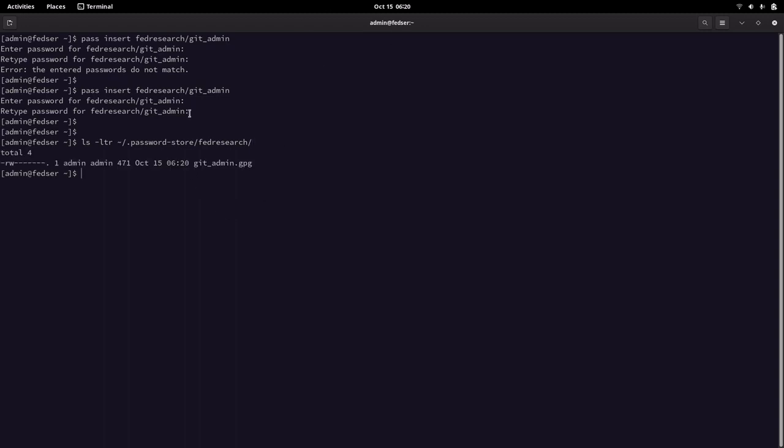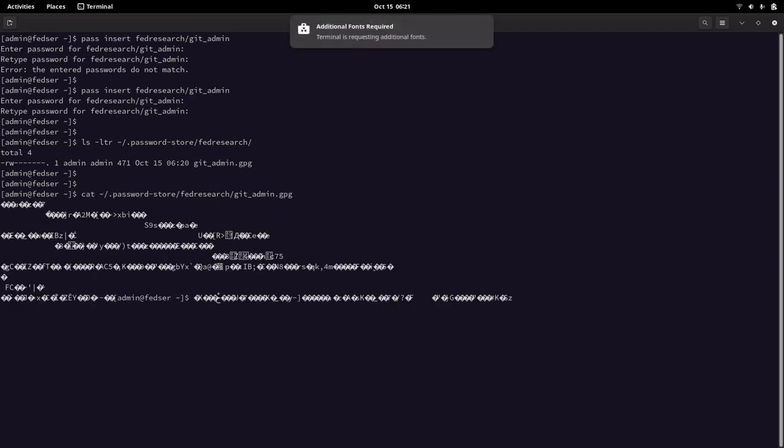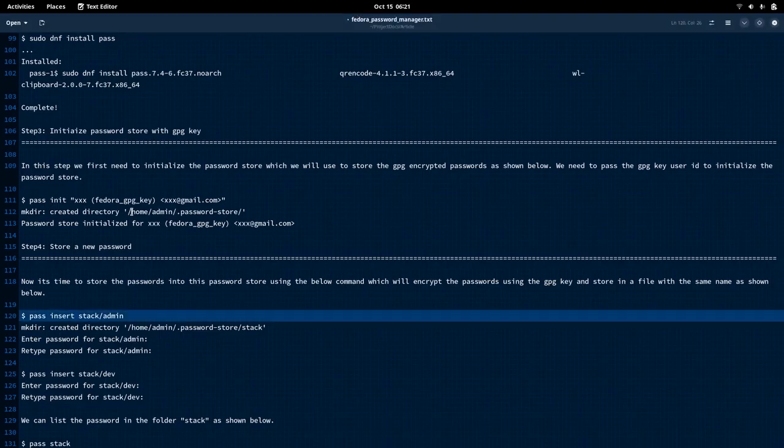So you can see our password for this git utility is stored with the same name, get_admin.gpg file. If you try to look at that file, it is going to be an encrypted string that you will not be able to see directly. Okay, so in order to now extract that password, let us go into our